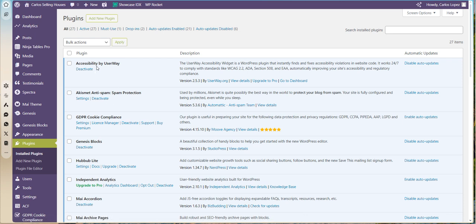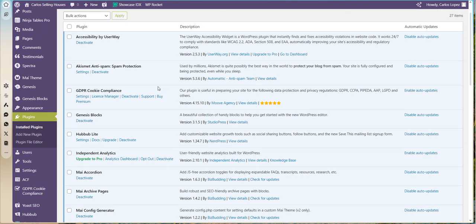Eventually I'll be replacing this one here, but right now it's an user way. This is an ADA compliant plugin. We need to replace it with another plugin. I'll work on getting that in the next couple weeks here to put in. It's a paid version, and I think it costs like $50. Takes me an hour to put it in. It's kind of a complicated thing. Anyway, okay, so this one here,